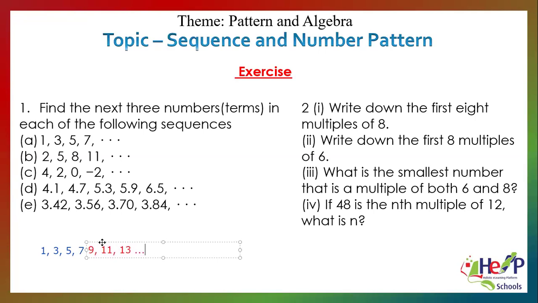Okay. You're going to take us through how did you get 9? How did you get 11? How did you get 13 quickly? I added 2 to everything. So from 1, you're adding 2. You get 5, you added 2 on this, and so on. What is important here is that